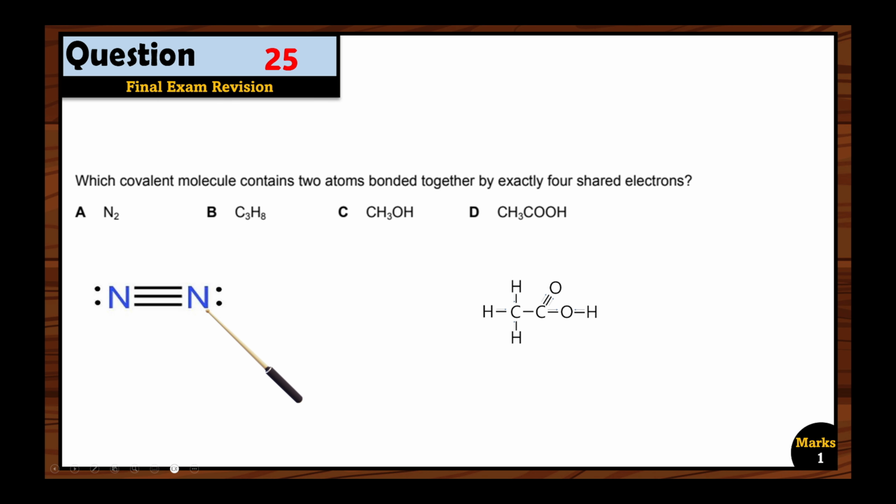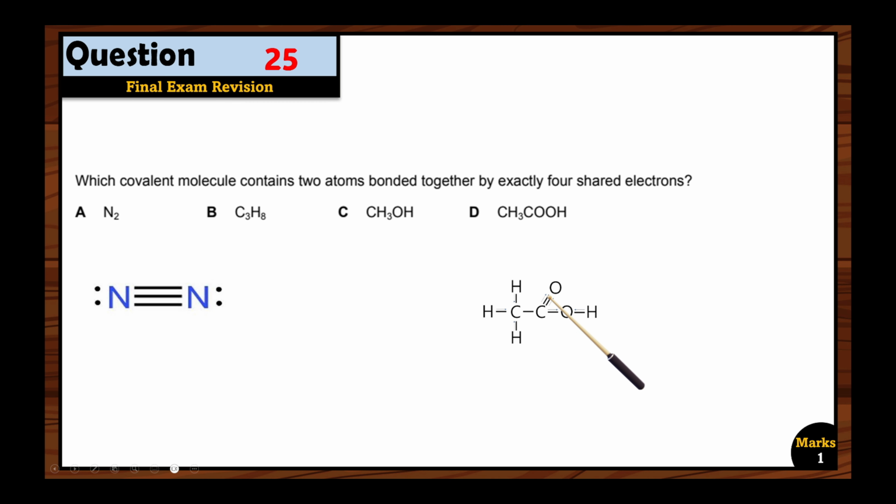C3H8. If you draw the structure like this for C3H8, you will see all the carbons are sharing one electron with one hydrogen electron. C3H8 is propane, so propane has only single bonds. In a single bond, it will always share two electrons. Each atom will be sharing one electron, right? This is also having a single bond. All of them have single bonds. So only two electrons are shared. But here, if you see